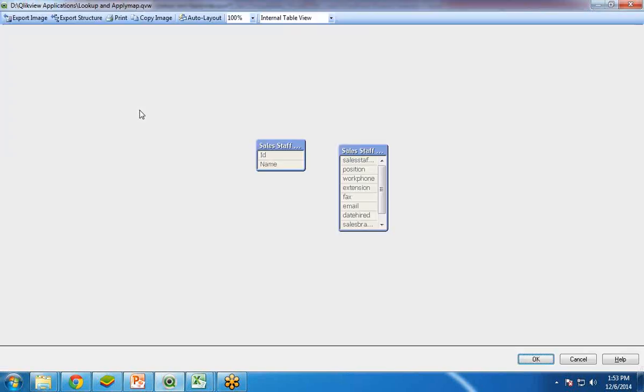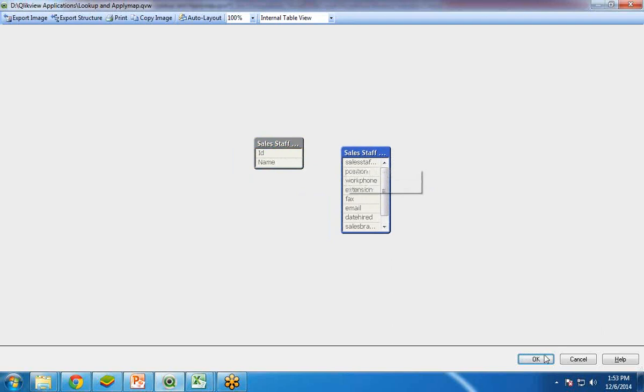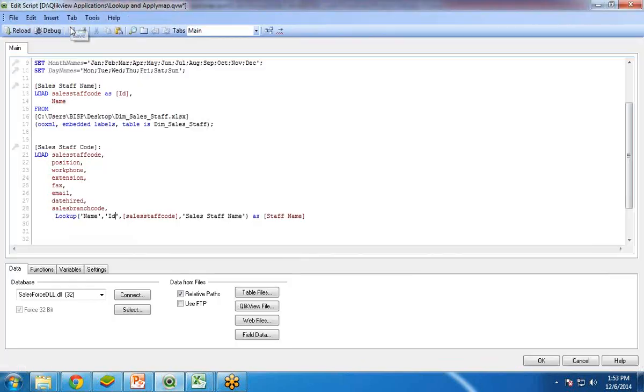And now if you go to its data model, there is no joining between them. So we have removed the joining between them by renaming the column, and now we can use the lookup function to display its associated name into the sales staff code table with the help of a lookup function.